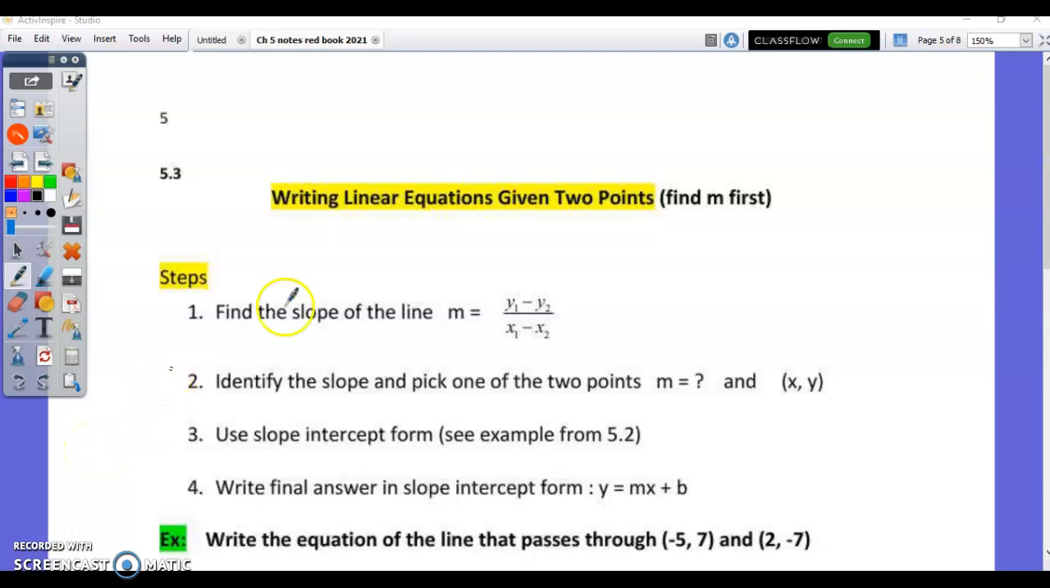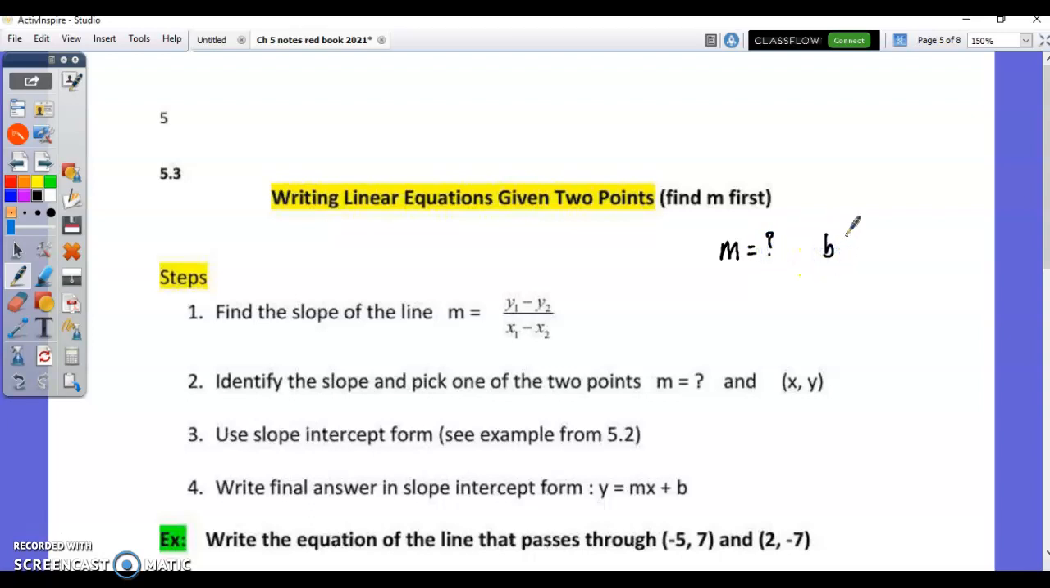All right, so in this section, we are going to write a linear equation, but they only give us 2 points. So they don't give us m, they don't give us the y-intercept, just 2 points that a line passes through. All right, so these are your steps on how you're going to do that. So basically, anytime we need to write an equation, we need to know what m is, and we need to